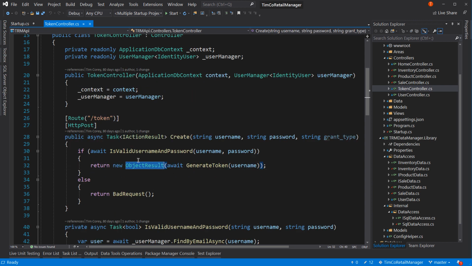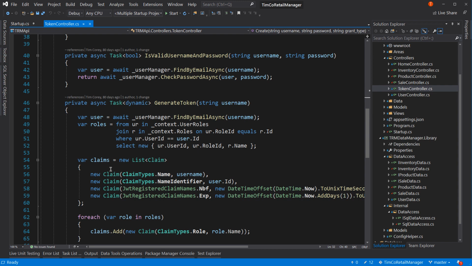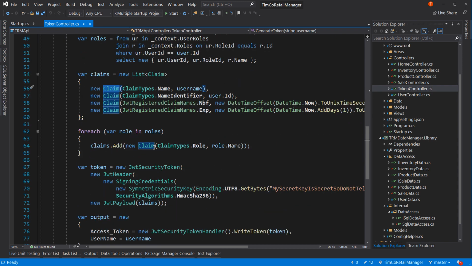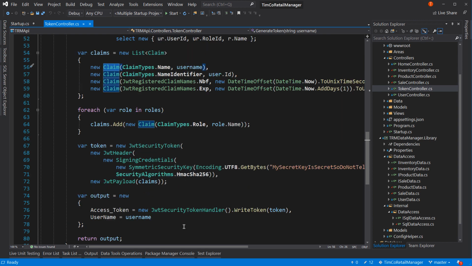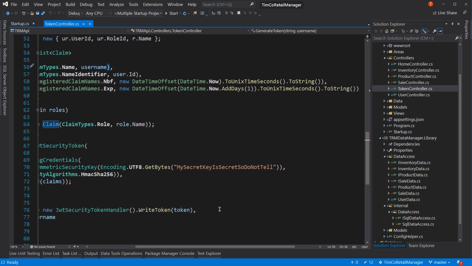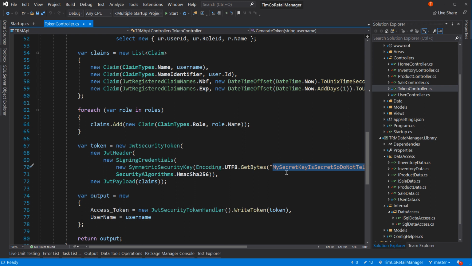We have a new object result, which is basically a model or close to it, so we don't need to touch that. And down here, new Claim, again, same thing. Claims, headers, we're all good there. The one thing that we need to talk about, and we'll do it in just a minute, is this "my secret key is secret, so do not tell." We need to extract that from the code because that's not great to have in the code. That's a demo value, but we want to be able to change that to a production value